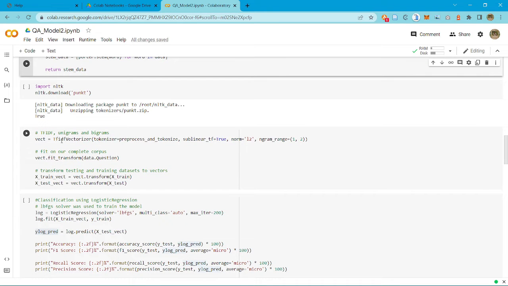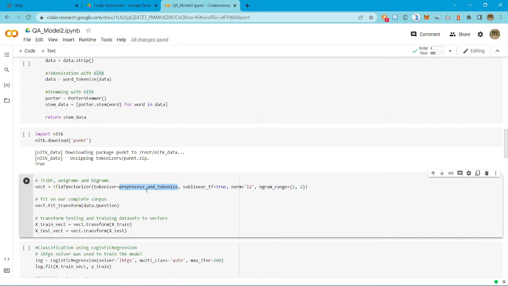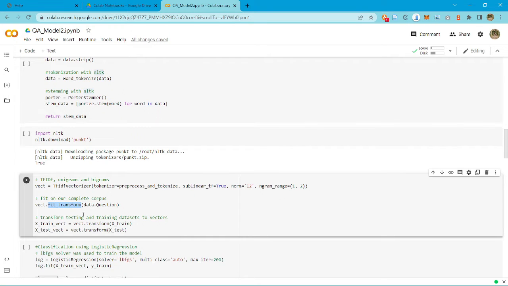And then this is the vectorizer used from the TF-IDF, with unigrams and bigrams. Here, the pre-process method is called upon for the tokenizer, and then the vectorization is being conducted. Here, the fit transform method is used to train the vectorizer.